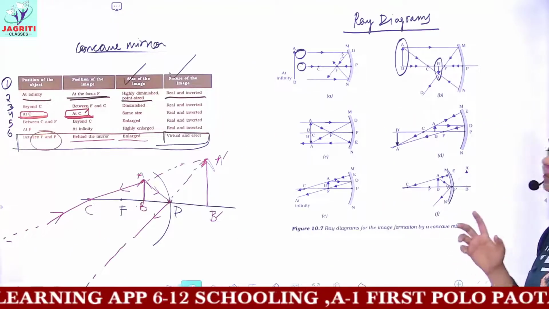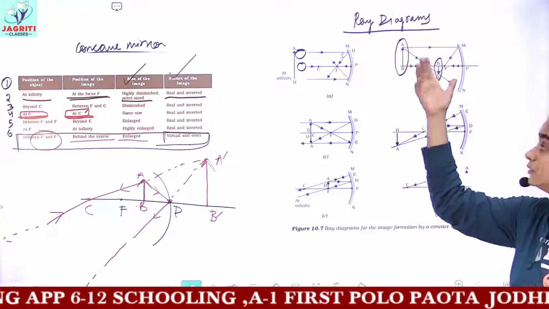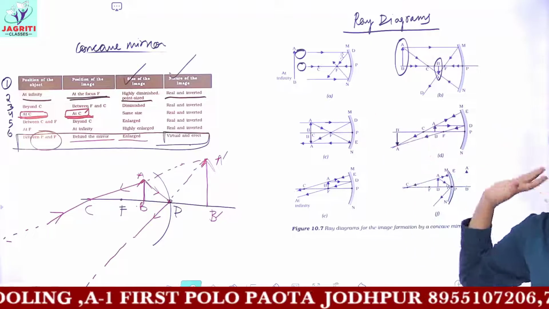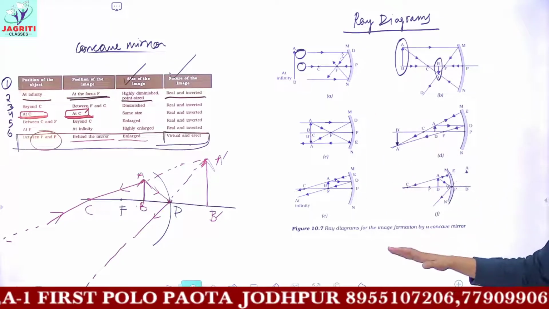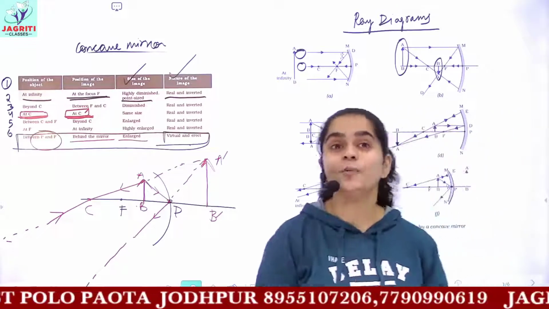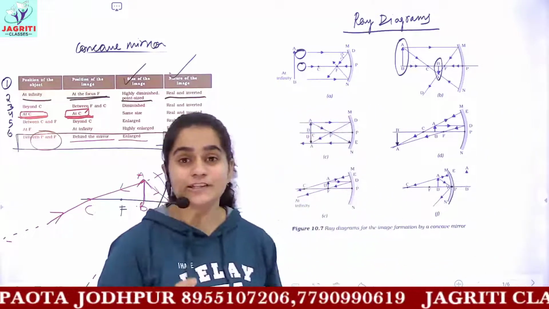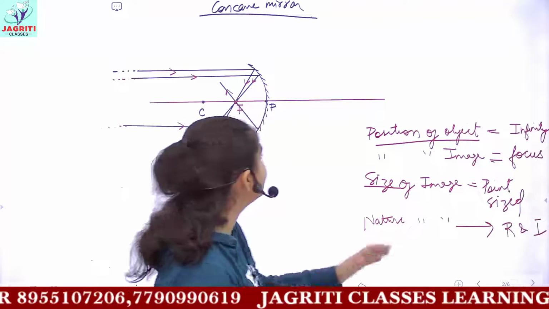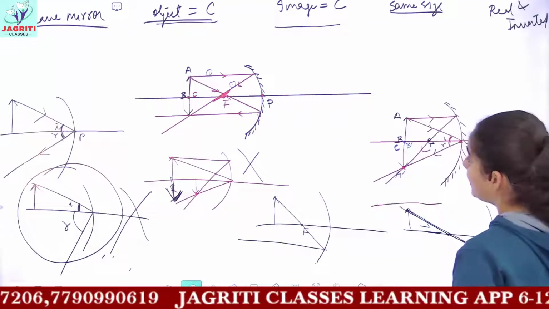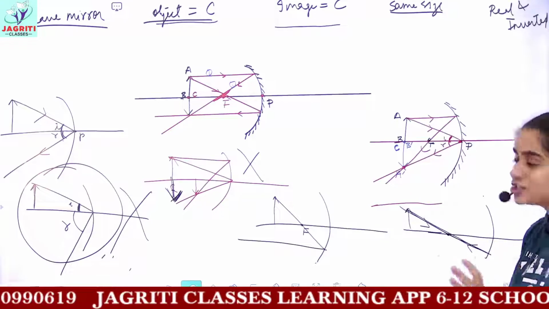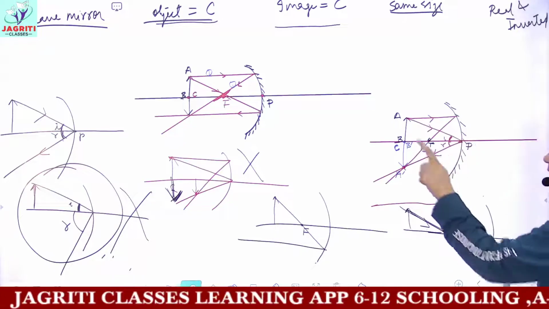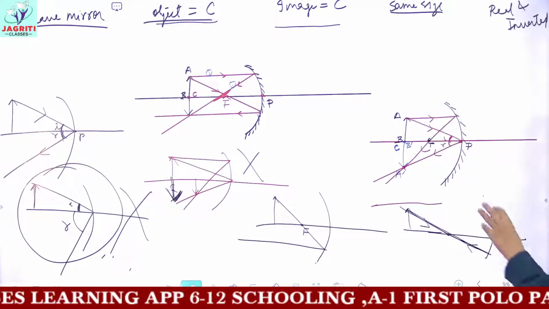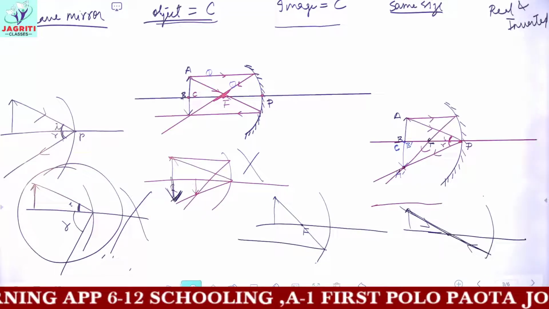Whenever you learn the table first, then practice, then draw these diagrams. Firstly, see these diagrams and check whether you are able to understand them according to the table. Once you understand these diagrams, then try to make them. I hope after practicing and after this video lecture, it would be easier for you to understand and make the diagrams. I told you many tricks on how to make the diagrams. I told you that these diagrams are all based on experimentation. So make the object, make the image first, and then according to the 4 rules which we discussed, make the lines and try to intersect them at the required position according to the image formed.